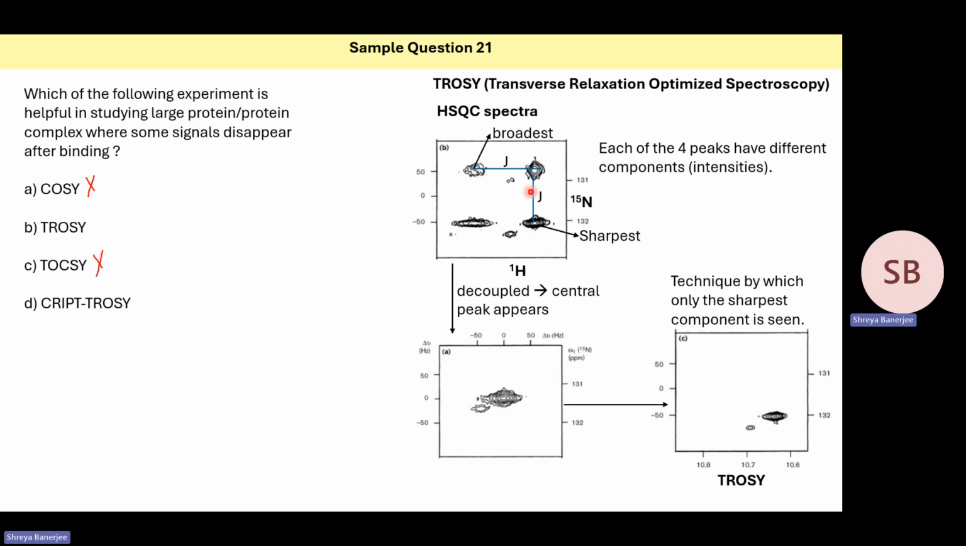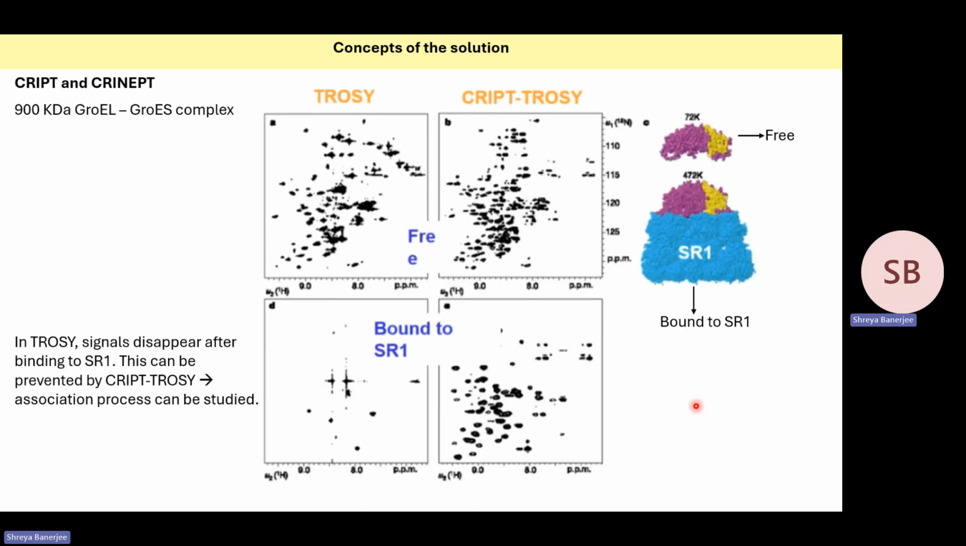If we retain all 4 components, what happens is that when there are so many amino acids in a large protein-protein complex, the components will start cancelling out. So instead, only the sharpest component is filtered out for TROSY. So TROSY is often used for studying large proteins. But in some cases,